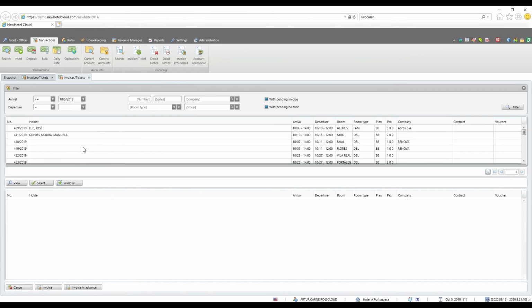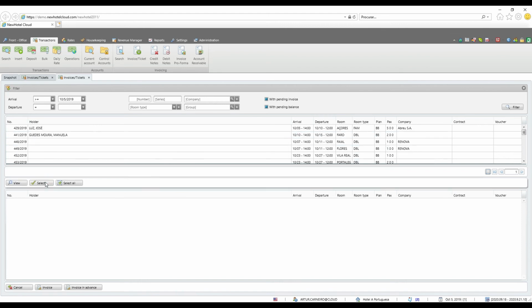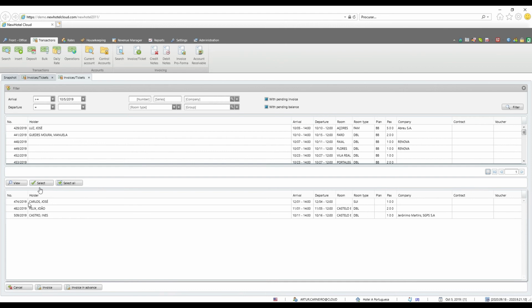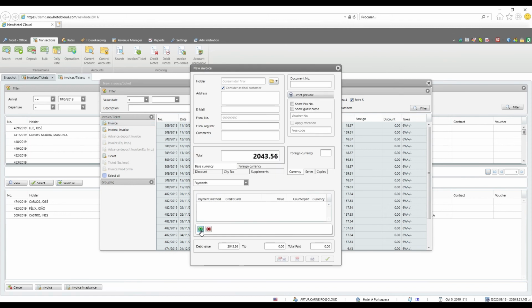To do that, we need to choose which reservations we need to invoice. So let's select this one with the control key, this one and this one. Select. The reservations will be put here on the bottom half of the screen, and then I can invoice. I will choose invoice in advance to calculate future transactions. And if I choose invoice, I just need to